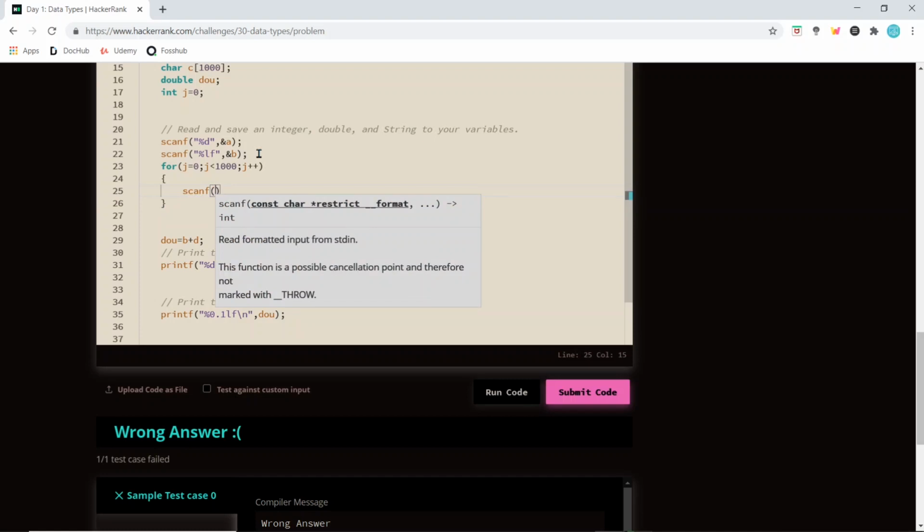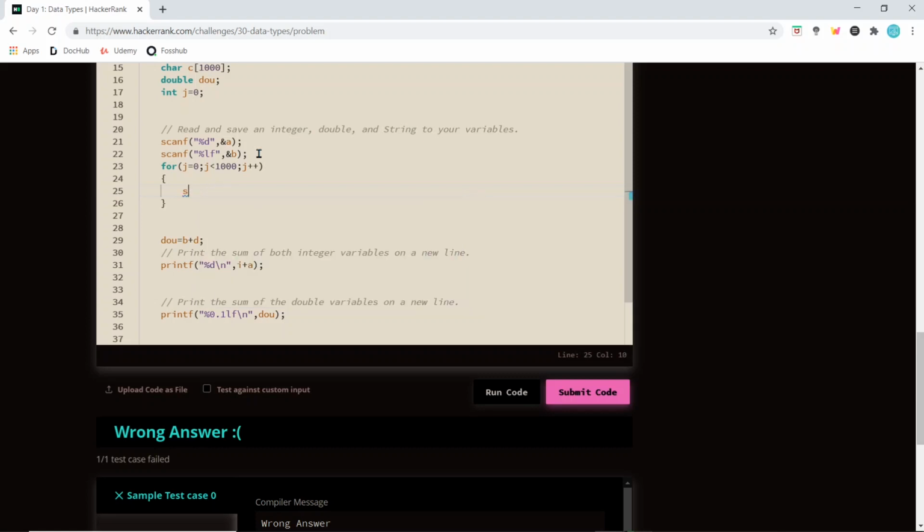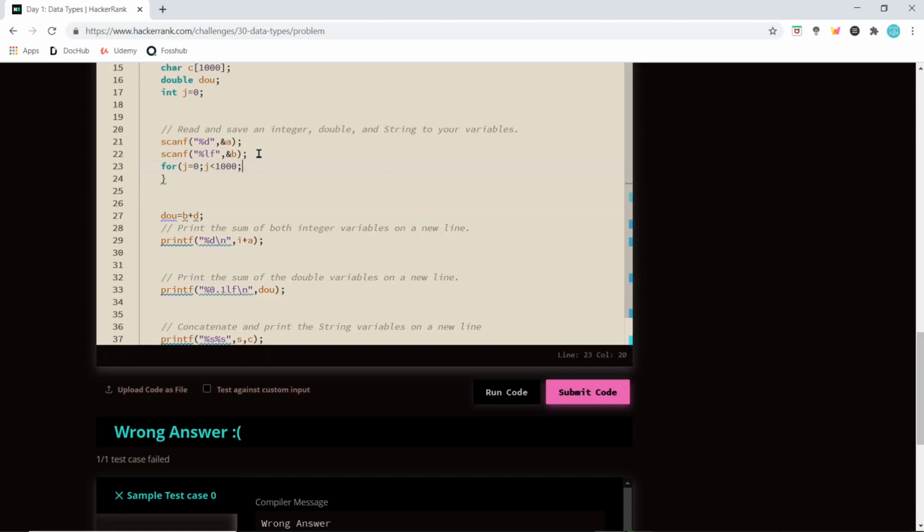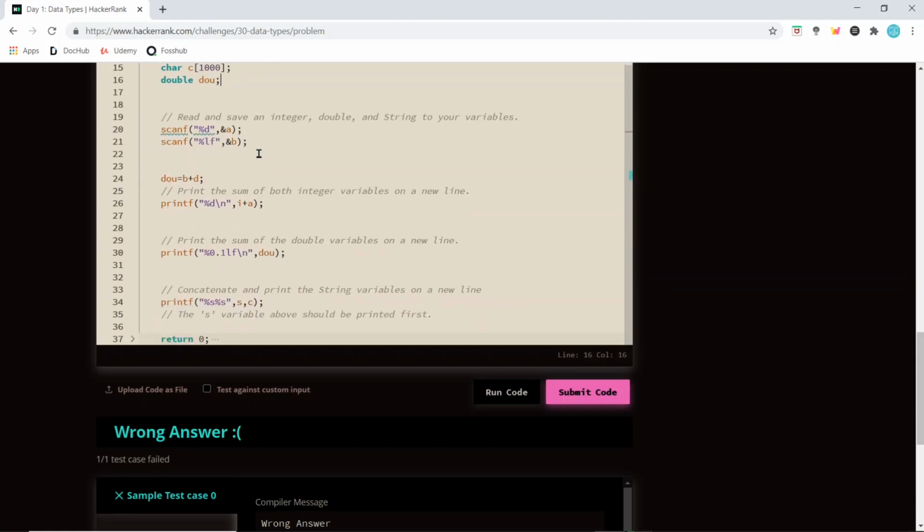Scanf is... okay, this will create another problem. This will have to repeatedly take the input. We want the input in a single line, so we keep it that way.